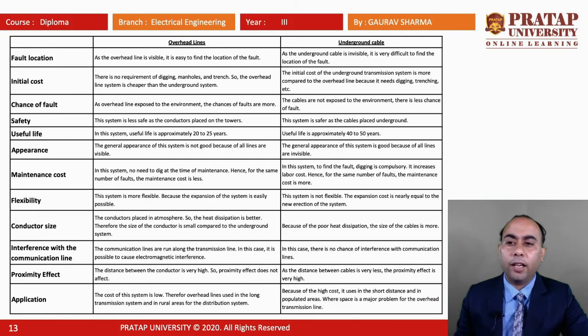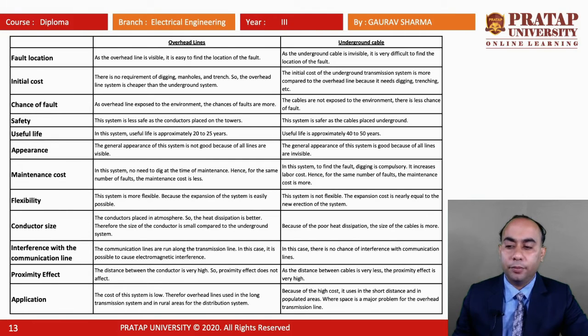Now the chances of fault: as the overhead line is exposed to the environment, the chances of faults are more. I already said that the overhead system is less safe, since the conductors are placed on the tower. The useful life of the overhead system is approximately 20-25 years, whereas for the underground system it is 40 to 50 years approx. The maintenance cost of the overhead system is lower, or we can say lesser than the underground system, and